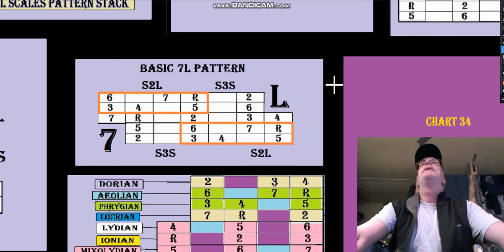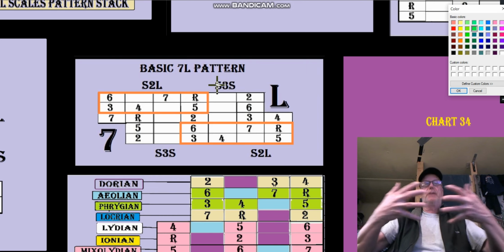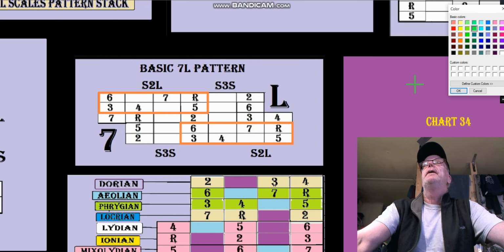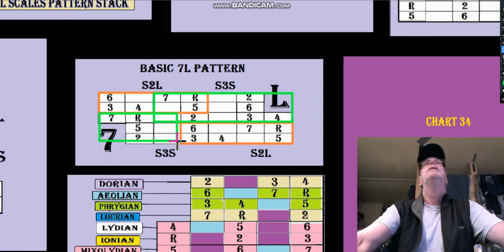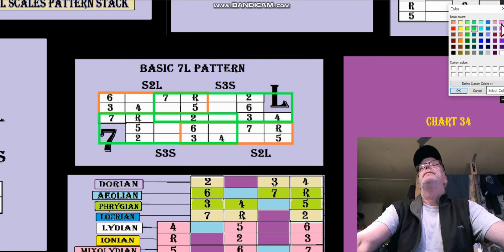So looking at this pattern again, then we're going to circle out, we're going to see how they intermix like this, up and down. We'll get a different color for the S2L, S3S, S3Ls, they're actually right here. There's 2 of them. Over to the 4. We put these guys together like this, and we'll get even a third color here going. And we get